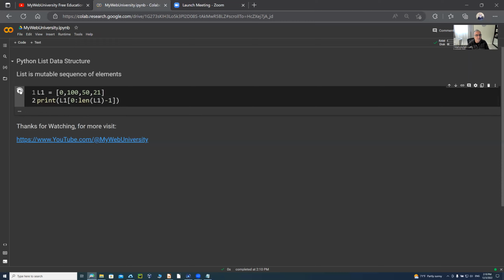Length is the Python function, so 0, 150, and then when you do -1, it is 21. So the length of that one should give me just all the elements. And as you can see, it is this. So if I just say print